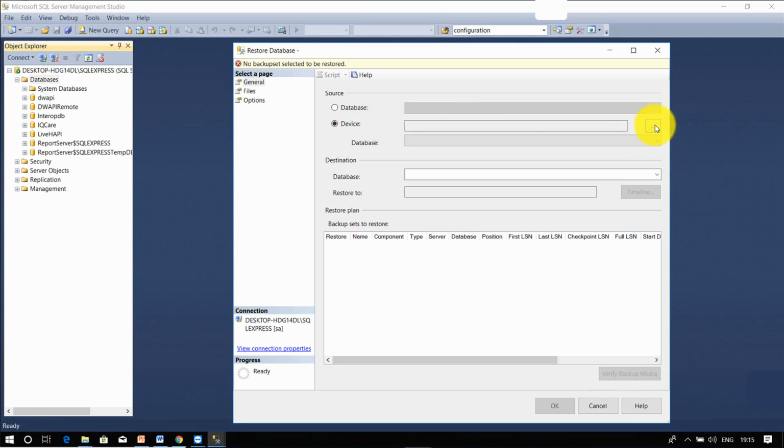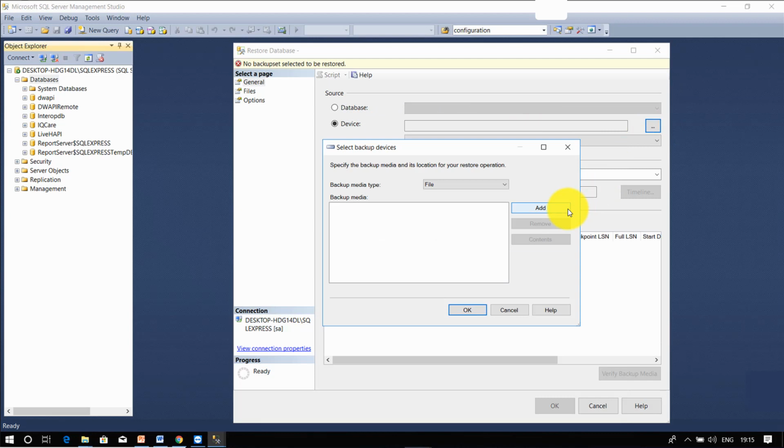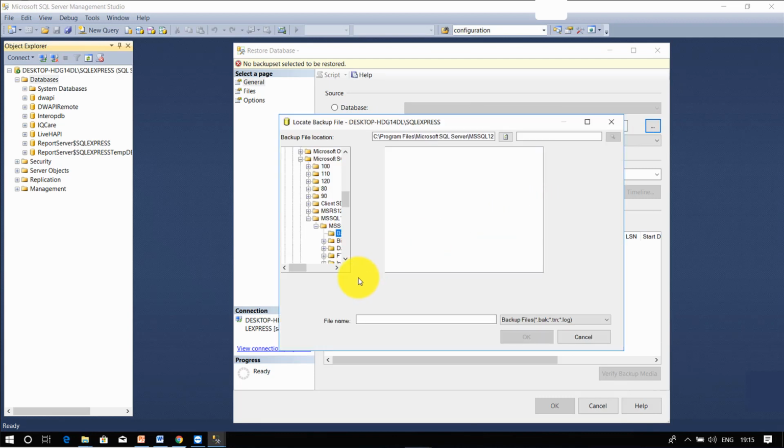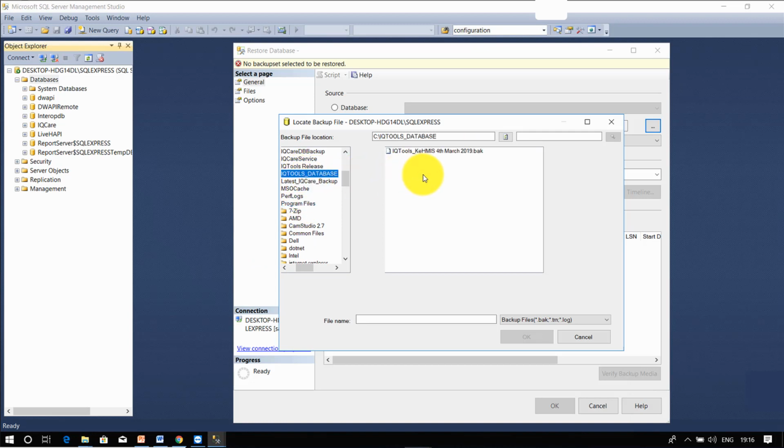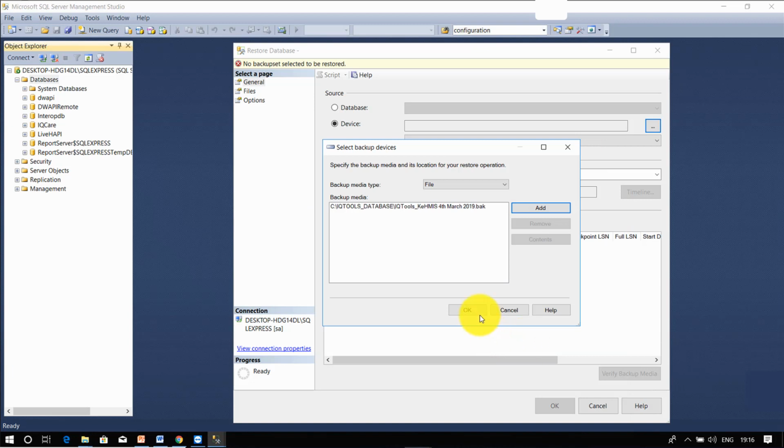Click on Add to get the path to Drive C where we had stored our IQ Tools database. Highlight it, then say OK. Then click OK, and you will get feedback.